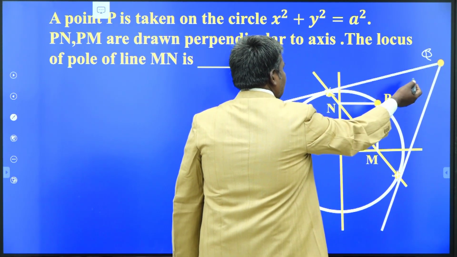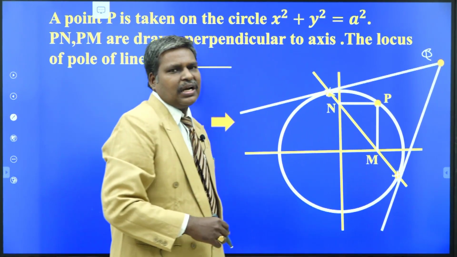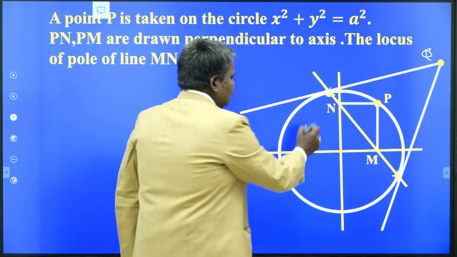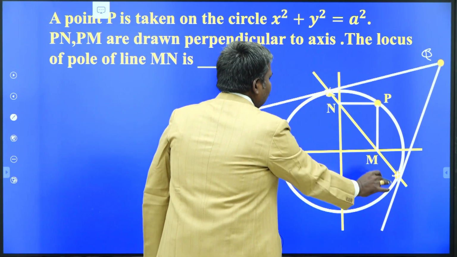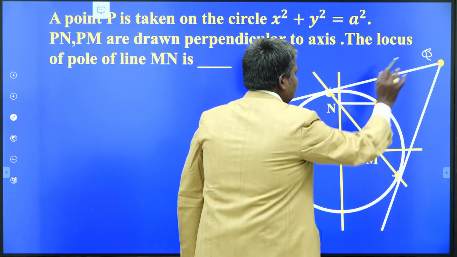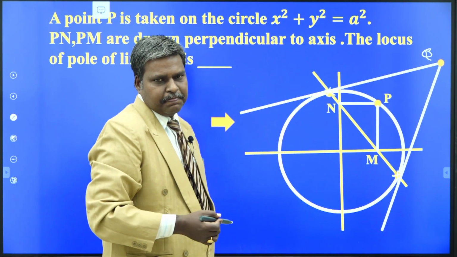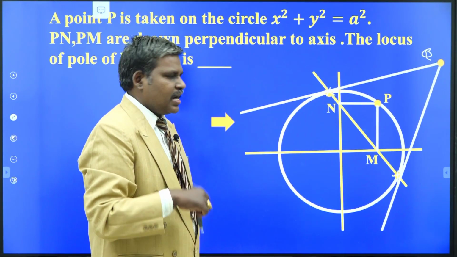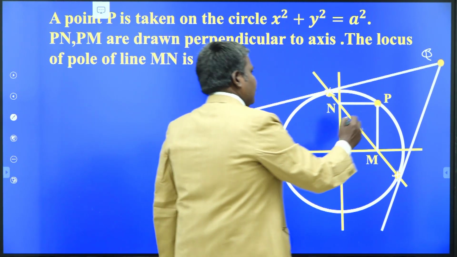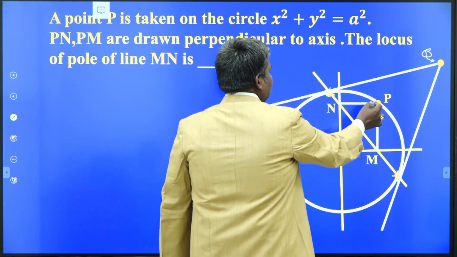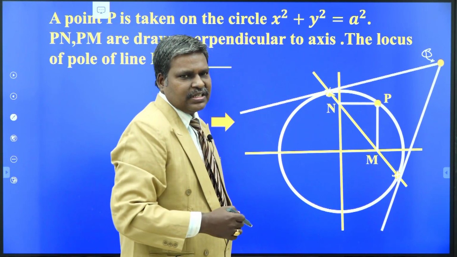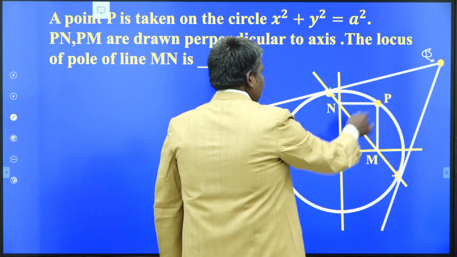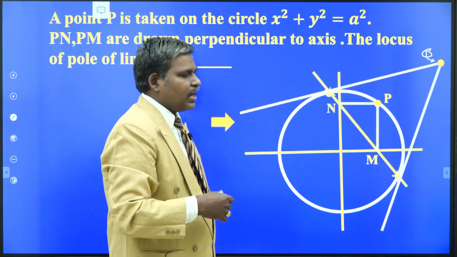When the point is outside of the circle, your polar coincides with the chord of contact. That is why I am choosing the diagram in this manner. So this is the line MN. To get the pole, what you have to do? Draw the tangents at the extremities of that chord, that becomes the pole. Because your point is outside of the circle, the polar coincides with what? The chord of contact. That is the concept. You have to find the locus of Q. Why is Q varying? By varying the point P on the circumference of the circle. Suppose P is here, you draw the perpendiculars, join the line to the points of intersection with the coordinate axes.